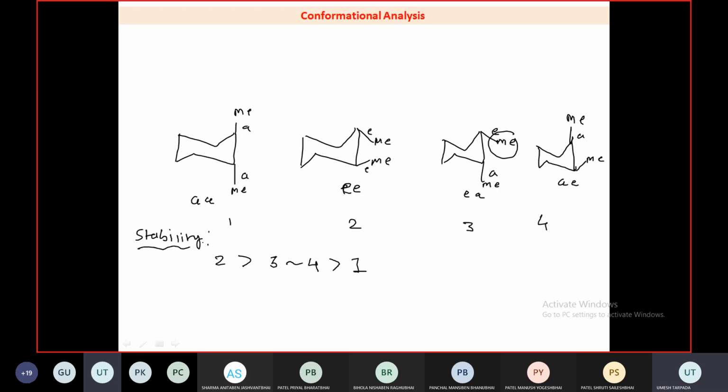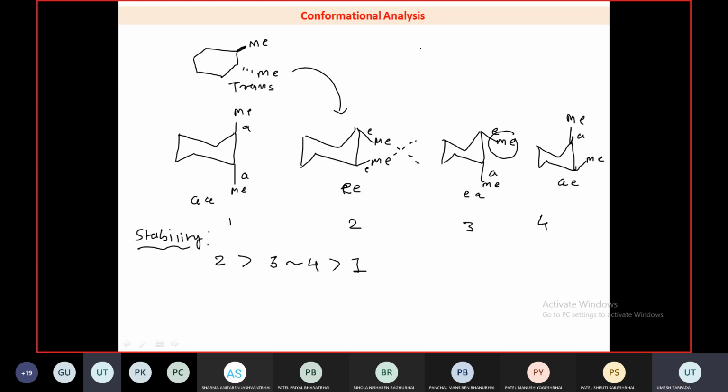You do not need to memorize cis and trans here. Just extrapolate the line. If the lines go in different directions, they are called trans, and if they go in the same direction, they are called cis. Suppose they ask you: there are four structures, which one is the correct structure for this one, where these two groups are trans to each other? If you extrapolate from here, it goes in a downward direction. This is also in what direction? So both are in opposite directions. So this is the correct structure of this one.